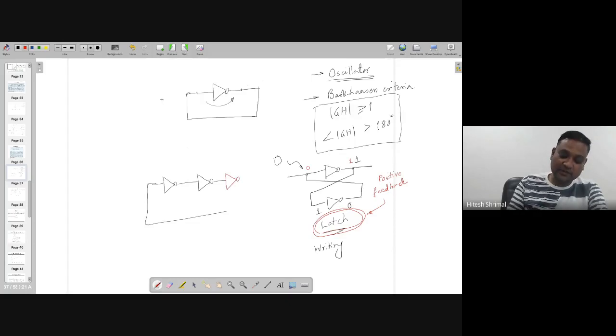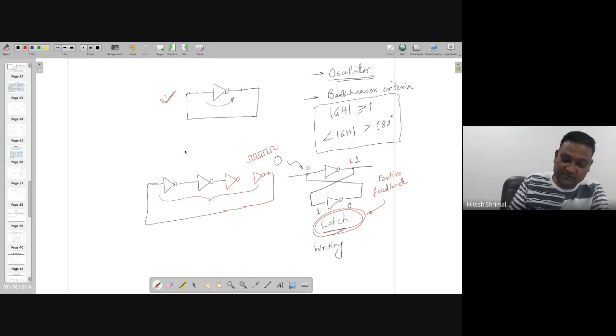But if you are interested in making oscillations, as we know that one inverter was not good enough to give you the oscillations, but if you have 3 inverters or such inverters in odd numbers, and then I'm feeding back, I'm going to see that there will be some oscillations. But those oscillations will depend on how many inverters you have kept between input and output. So that much time delay will be created.